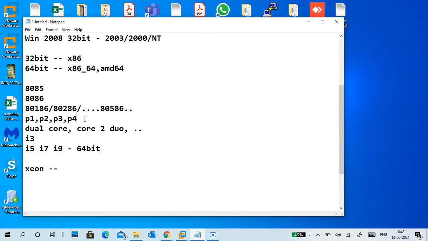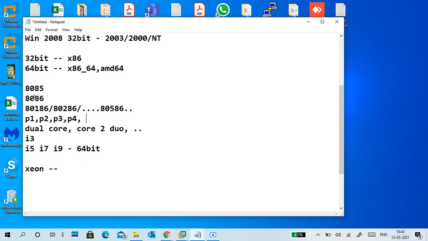Of course, there are different types of other processors also, like the Celeron processor, M processor, Pentium M processor, Celeron D processors. So different processors are there. J models are there, J4001, like that.